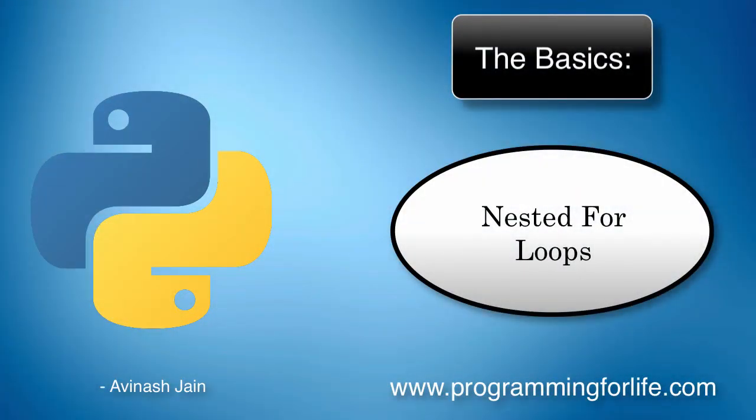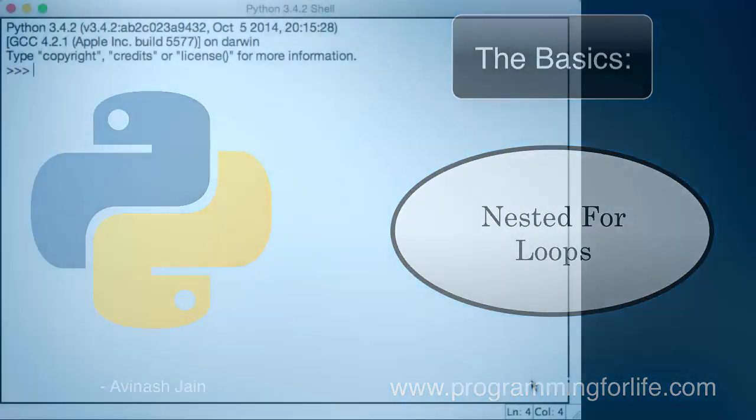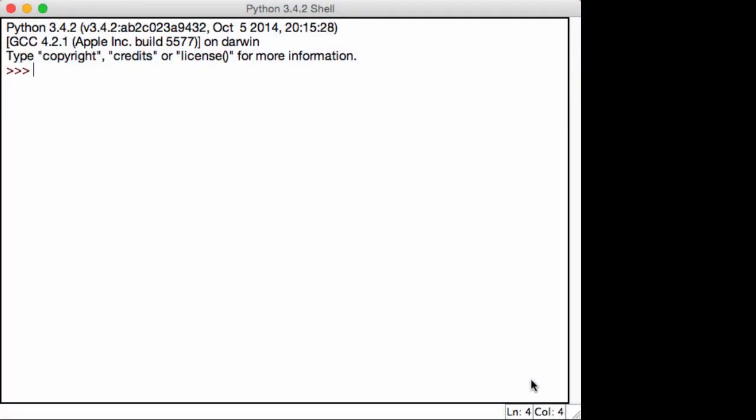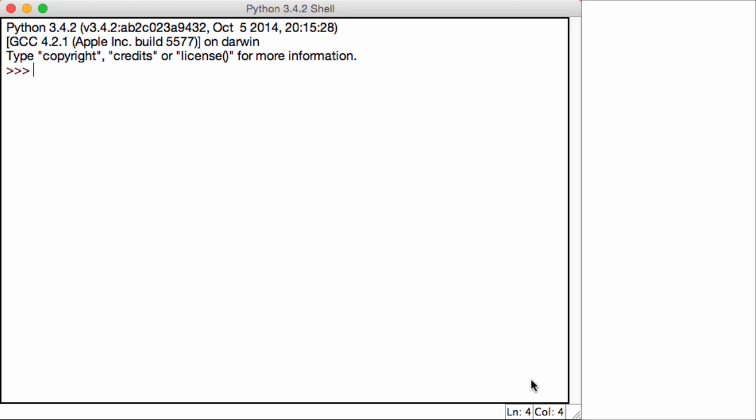Alright, so in this lecture, we're going to be talking about nested loops. And just like we learned about nested if and else statements, the concept is quite similar. Let's get started. So I'm going to create a very simple for loop: for I in range